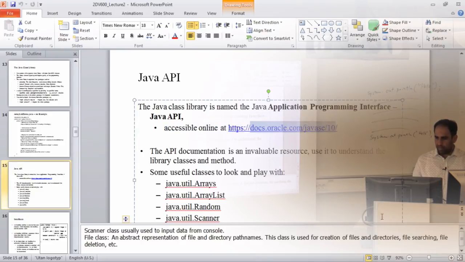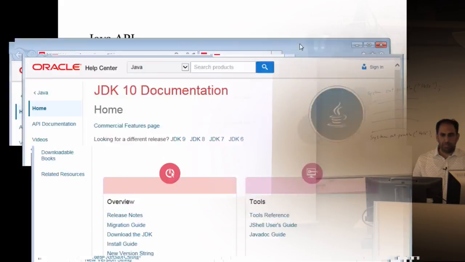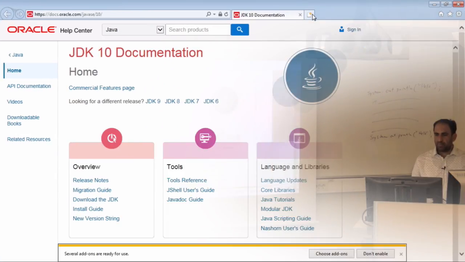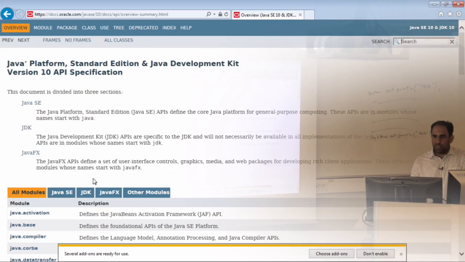You can look at the Java class library using this link. It's opening up. It's also known as the Java documentation. So if you go on to the current version, which as I told you before is JDK 10, if we go here, you can find the API documentation, and if you click on this,